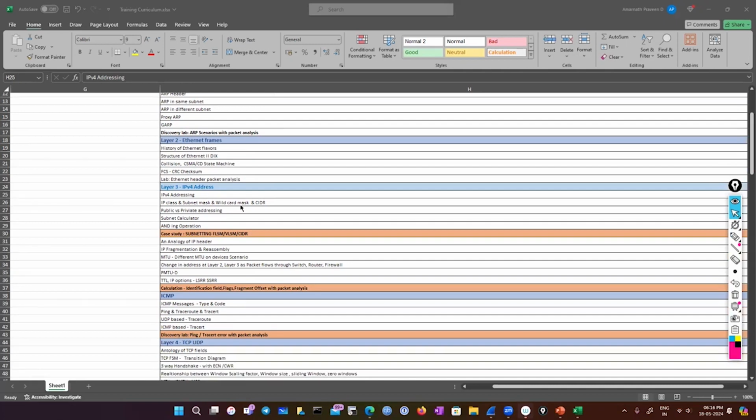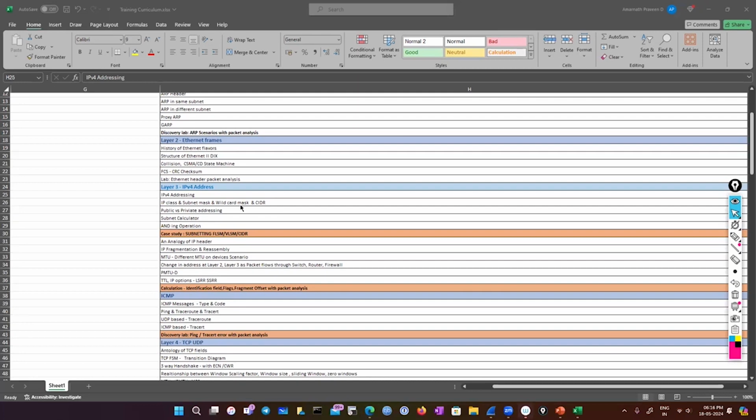And coming to the IPv4 address, IP plays again the key role. So every host has an IP address. Irrespective of what application you use, the packet delivery happens with the IP. If I want to reach google.com, it should have an IP address. If I want to reach facebook.com, I have to go to facebook.com because it has a unique IP address. So here we'll discuss IP addressing, what is private IP address, what is public IP address,